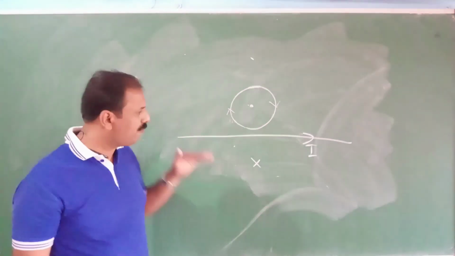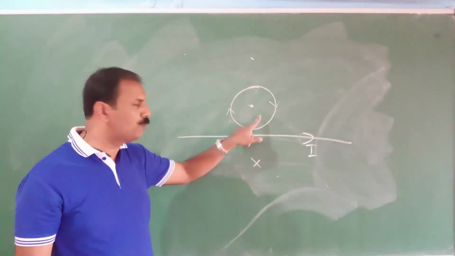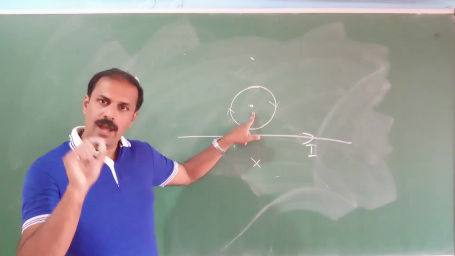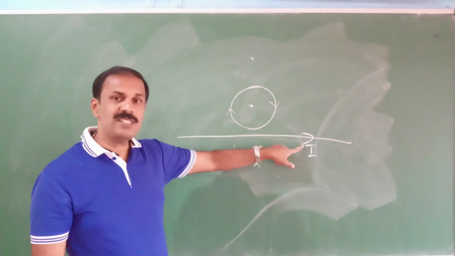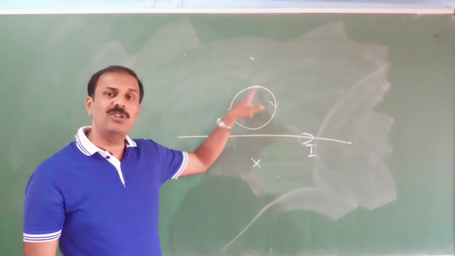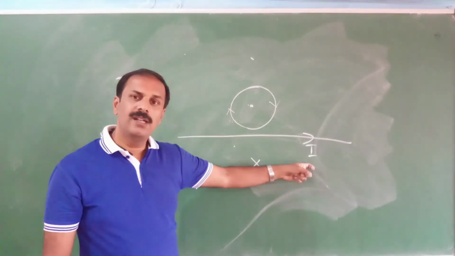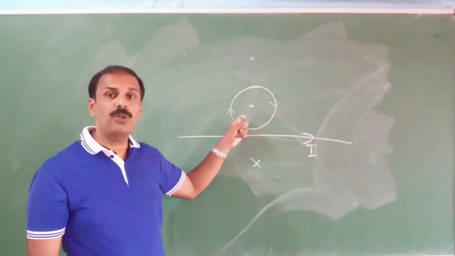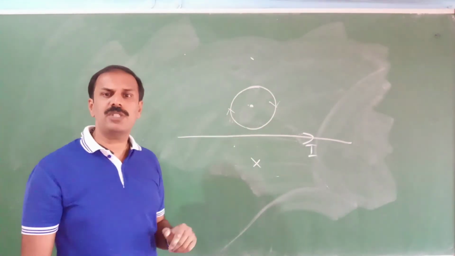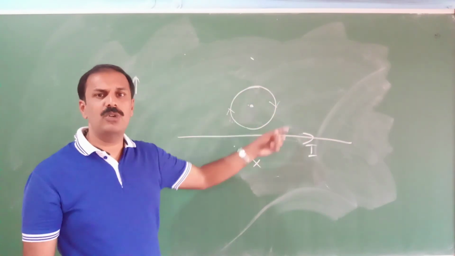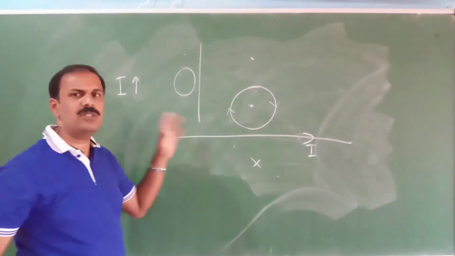Clear? Once more, first you find what is the direction of current. Then you find what is the direction of magnetic field inside this loop. Two steps over. After that, you check whether the current is increasing or decreasing. If the current is increasing, the magnetic field produced by the loop should be opposite to the present magnetic field. If the current is decreasing, then the magnetic field produced by the loop should be in the same direction as the magnetic field. So by using this technique, you can find out the direction of the induced EMF in this loop. If it is drawn here, sometimes it can come like this. All these things you can solve.